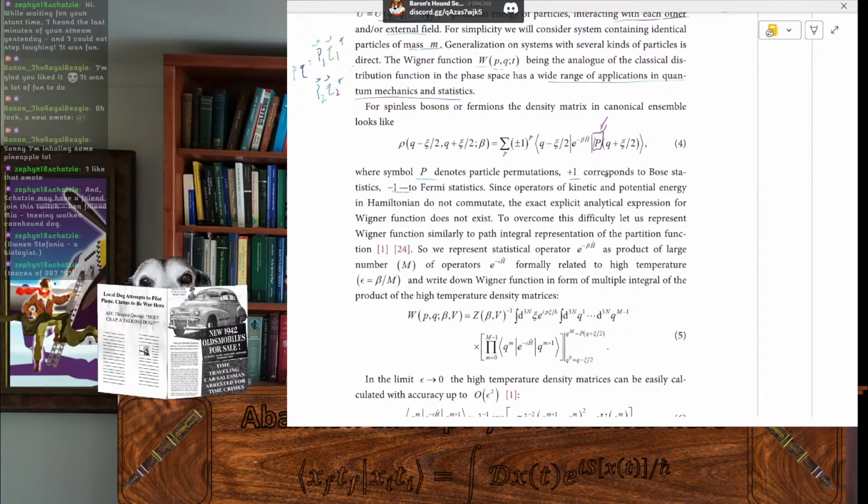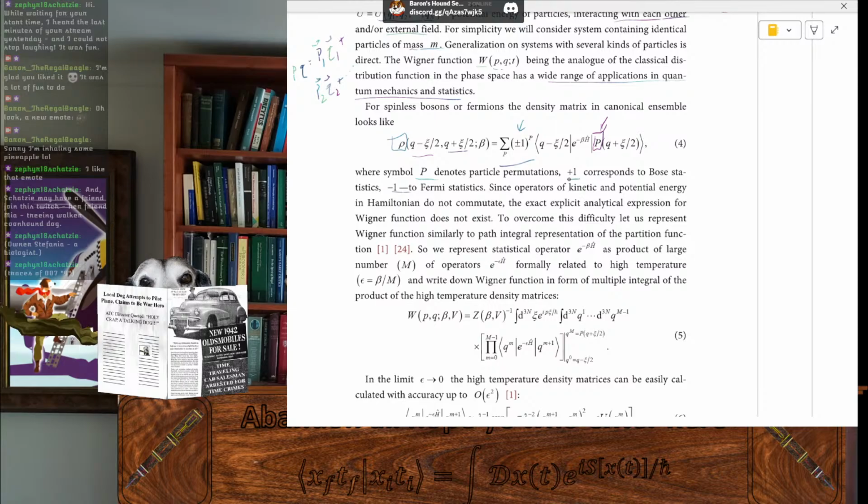That's interesting. Right, so rho is a function of Q minus 8 over 2 and Q plus 8 over 2, right? Because this is essentially our W. Oh, okay, that's the plus or minus 1, right? So we're summing,